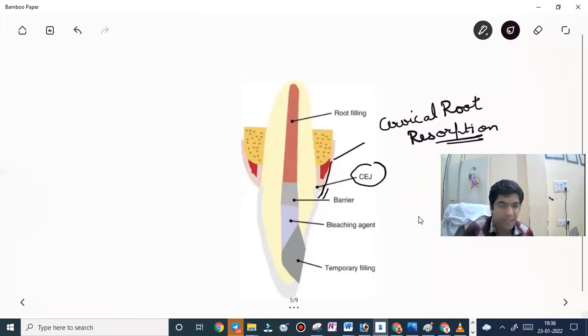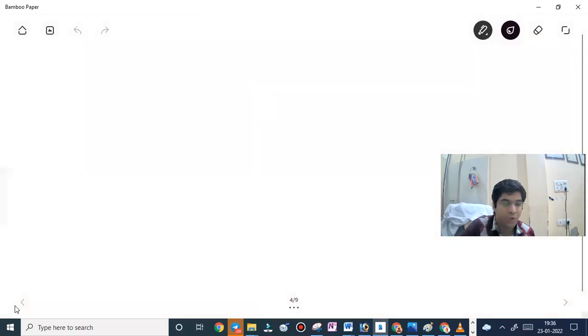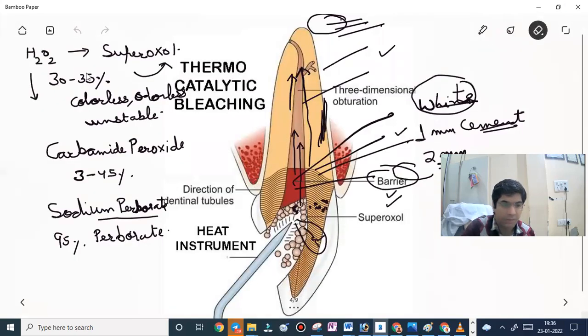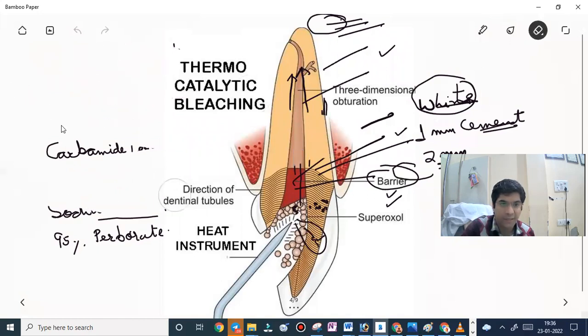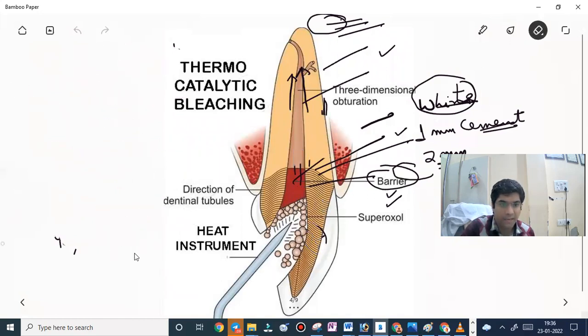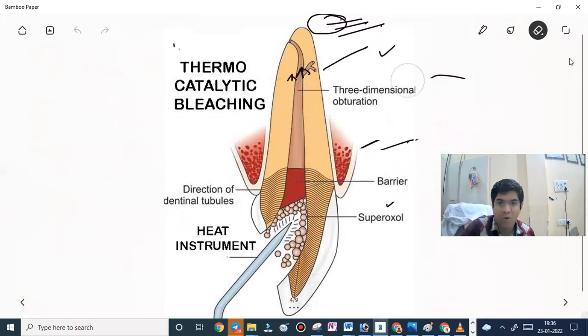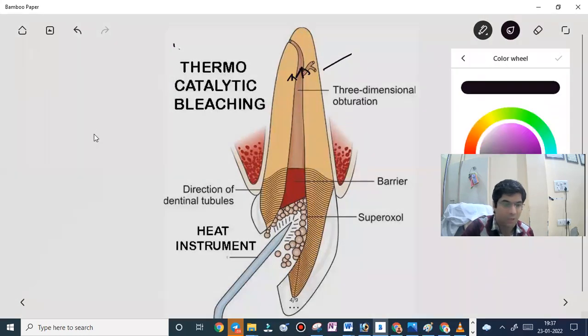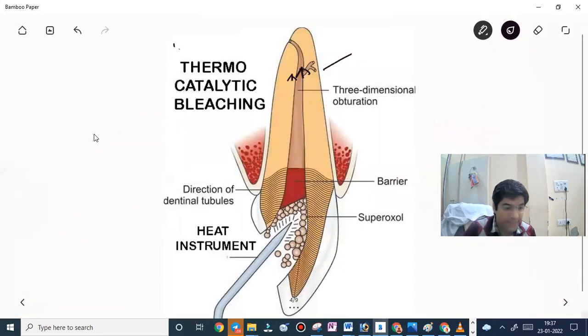Now let us discuss the techniques that we use for non-vital bleaching. What are they? Number one is thermocatalytic bleaching, or the walking bleach, or inside outside bleach. First, discussing the thermocatalytic bleaching